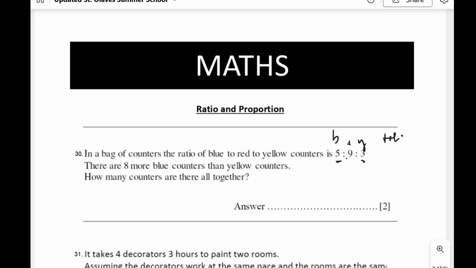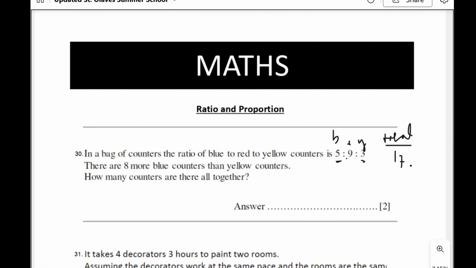Now with ratio, it's always good to find out the whole number of parts. So the whole number of parts is 9 plus 3, which is 12, plus 5 is 17, which means each ratio represents a part of 17. So if we need to find how many counters there are altogether, we need to find how many multiples of 17 we have to make in order to get the same proportion where there are 8 more blue counters than